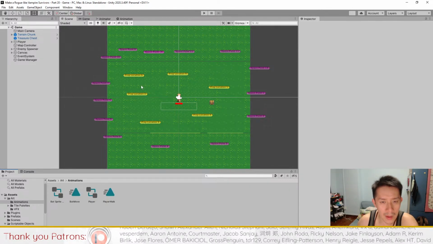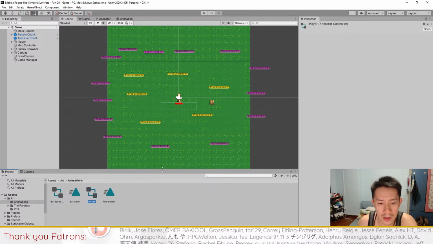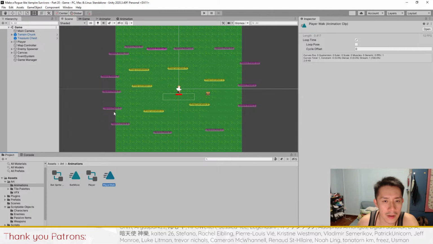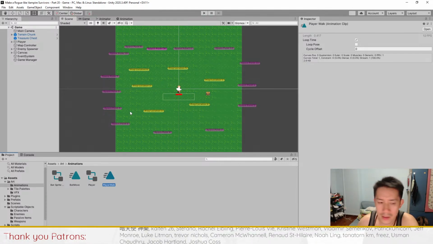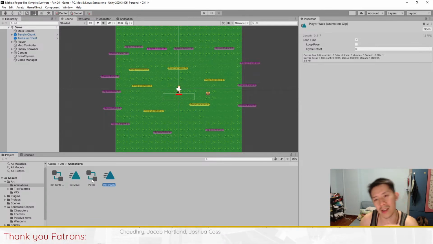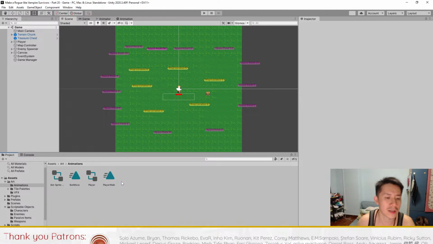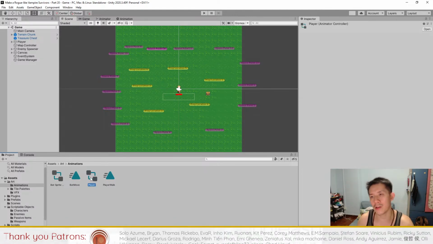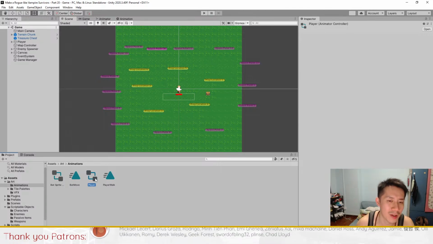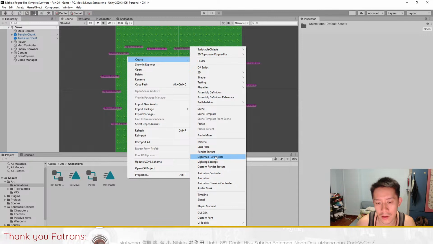The player animation is controlled by this animator controller called player, and then we have a player walk animation. To implement new character sprites, we have to do two things. If you look at every character, he has a walk animation and an idle animation, so we've got to replace these two animations. Because every character is gonna follow the same animation logic, and the animator controller controls that logic, what I'm gonna do is right click, create,